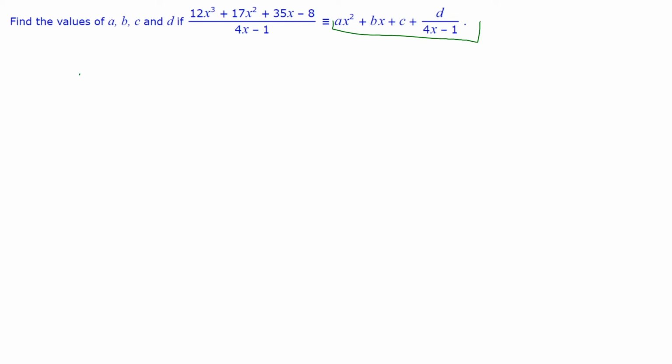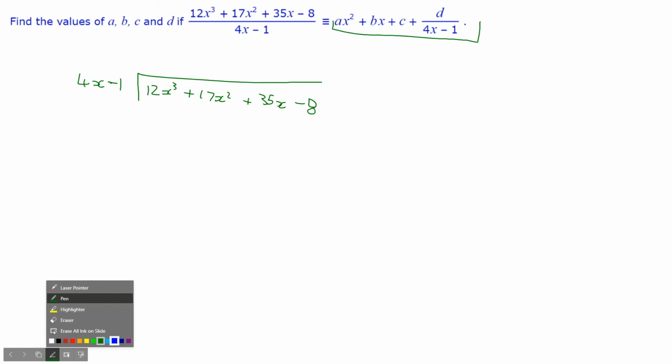So, we have 4x - 1, and we're dividing it into 12x^3 + 17x^2 + 35x - 8. Alright? And now let's divide. So, how many times does 4x go into 12x^3? That's just going to be, well, 12 divided by 4 is 3x